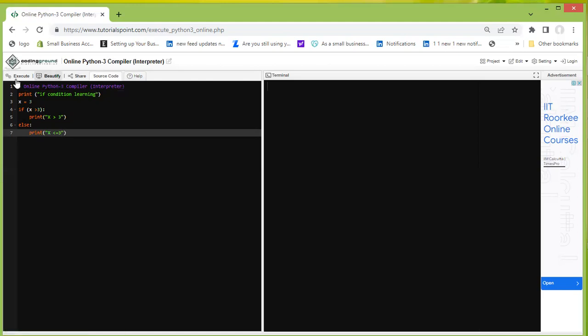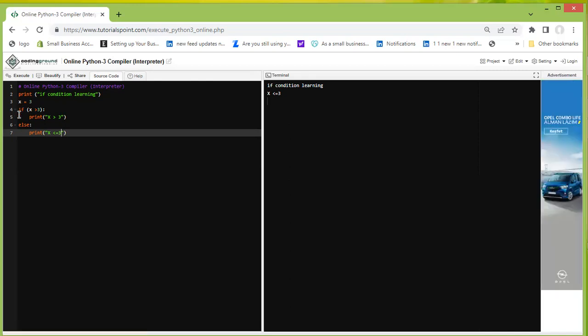Okay, just simple example, guys. It's quite self-explanatory, but just to give you a context and explain the syntax. So you have a variable. We are learning if conditions. We are having a variable, let's say x equal to 3. The way the syntax goes, if the condition happens, if x is greater than 3, you have this, and then